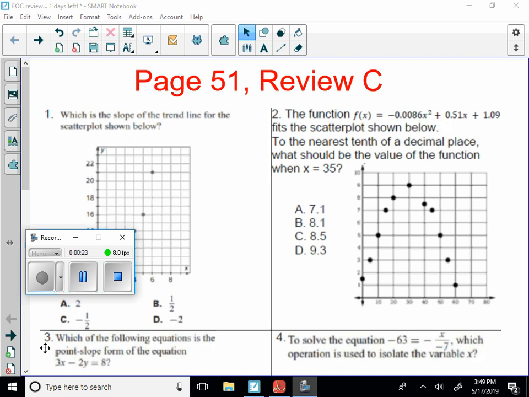If you want to pause this and work ahead of me and then press play and see if you got the question right and get some immediate feedback, that'd be awesome. I'm going to do some on my calculator, so you might not be able to do a calculator while you're at home. If you do want to start graphing at home, another cool resource is Desmos,